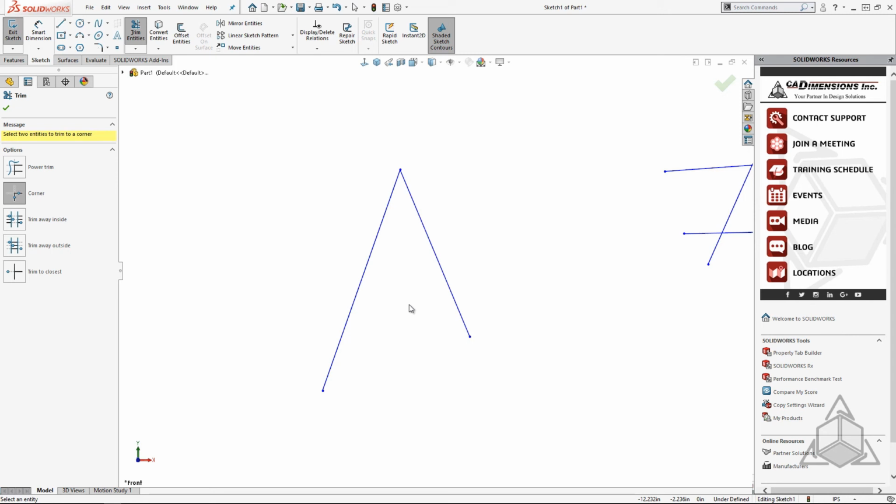So I hope this quick tech tip allows you to go in and use your trim entities tool to its